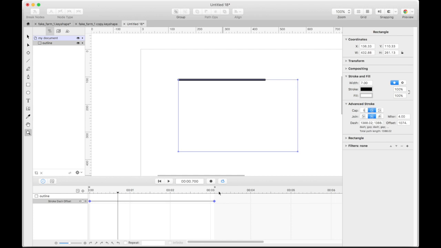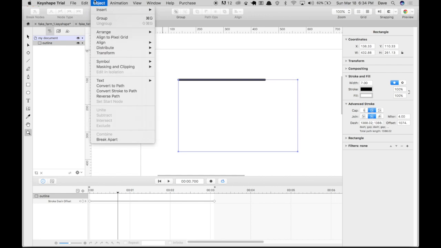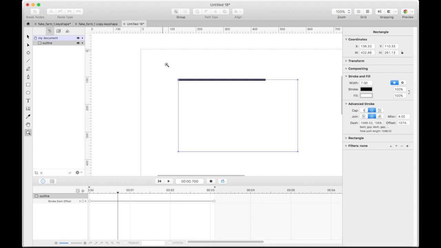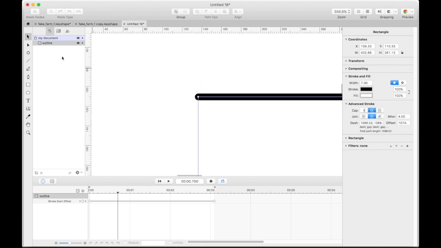Now, the other thing I noticed is that let's say we don't want the direction to go from the left to the right, but we want the top to go down and over. So you have control of that. One of the ways you do that is, let's see, again, this is all not really scripted, so we're going to find, it's going to say reverse path, I believe. But what I first want to find is there's a thing that you need to be aware of. I think you got to go to the node tool.